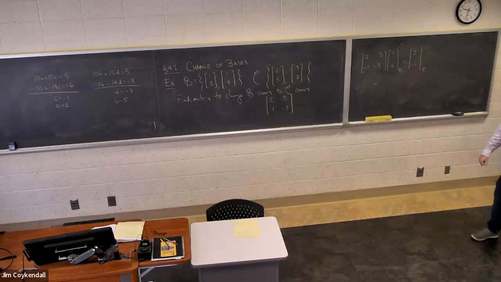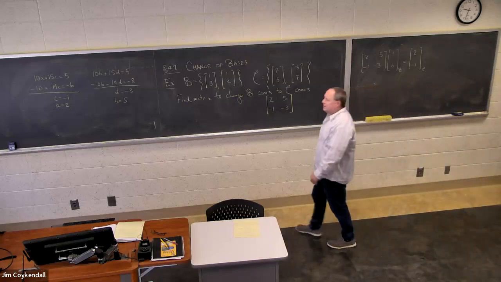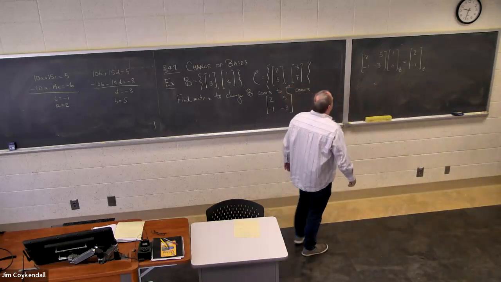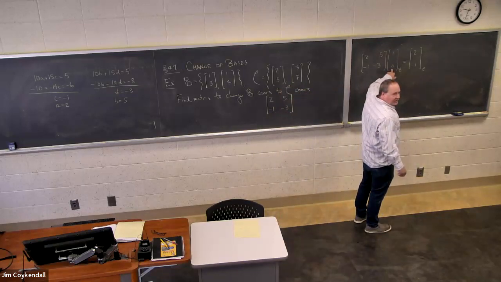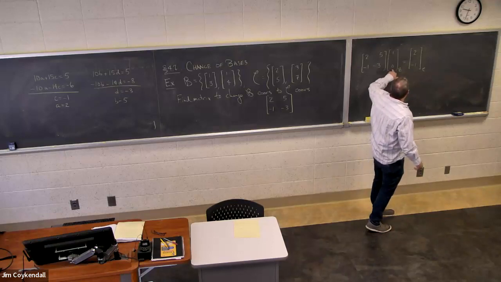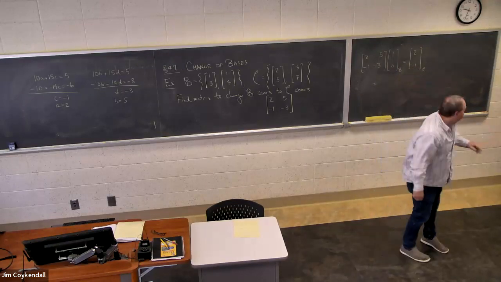You okay with that? So how do we check it? Well, this matrix is a linear transformation. It is taking this B coordinate (1, 0) and turning it into C coordinates. So if this matrix has done what I predicted it should do,